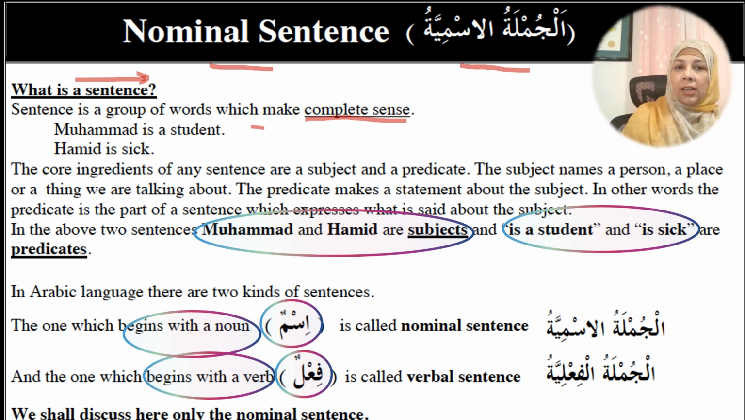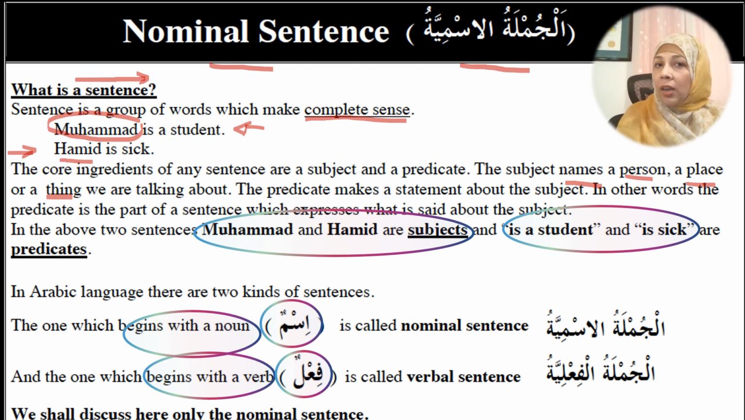So in our first sentence here, Muhammad is a student. Here the subject is Muhammad, because the subject names a person, a place, or a thing. It is the thing that we are talking about, okay? That is the subject. In the second sentence, Hamid is the subject because we are talking about Hamid. And the predicate gives us more information about the subject. So here, Muhammad is the subject and is a student is the predicate because it gives us more information about the subject. And in the second sentence, is sick is the predicate because it gives us more information about Hamid,